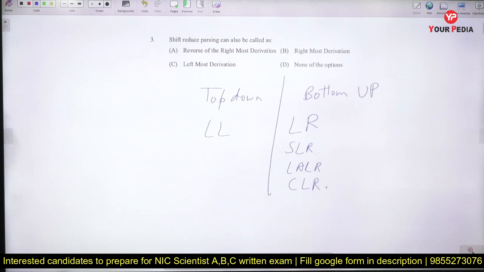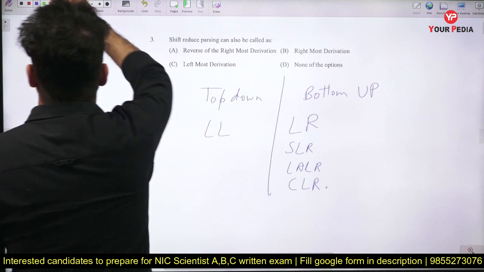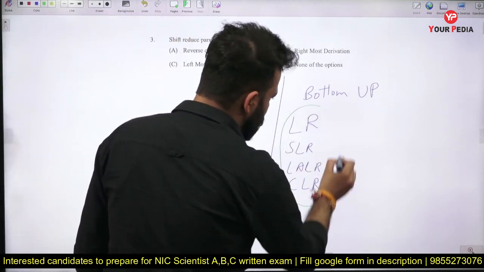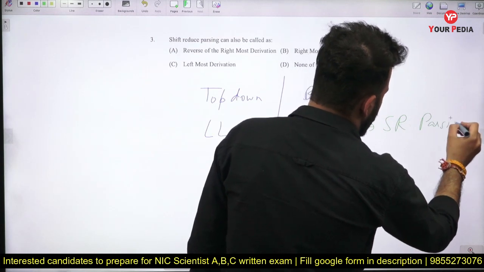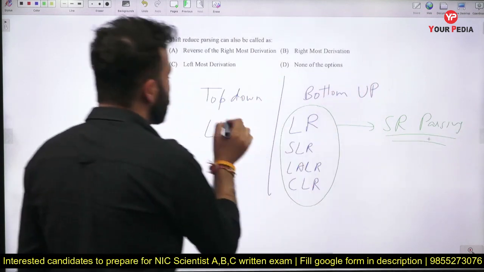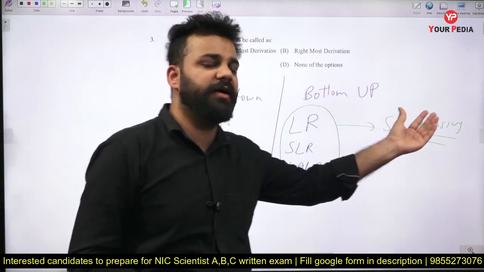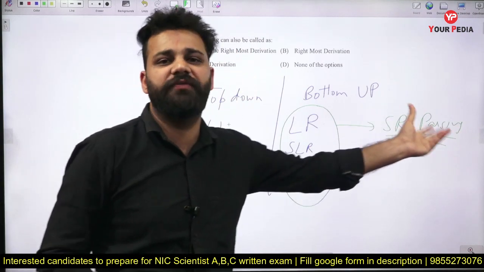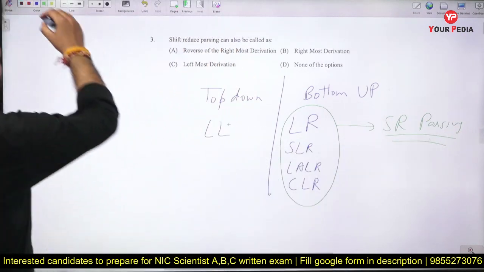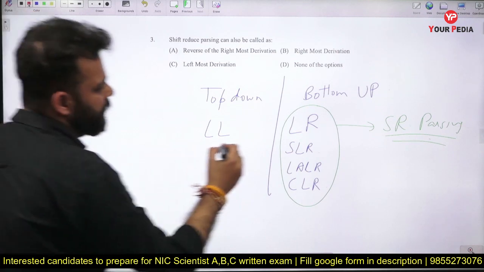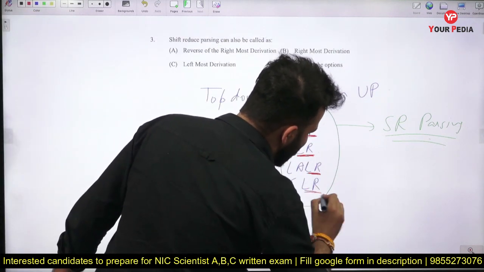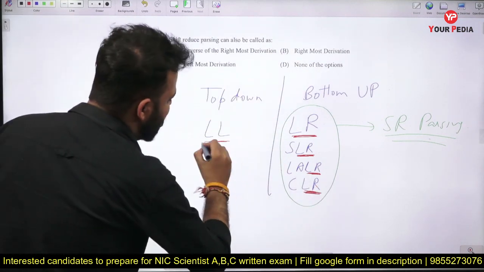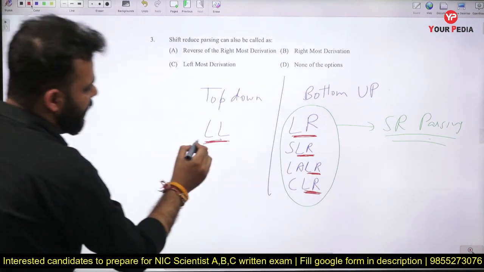Now these bottom up parsers will use shift reduce parsing. We don't use shift reduce parsing in the top down parsers. So it is asking what will be the other name for shift reduce parsing. Now one thing that you can see here is what is common is, they all have LR at the end of them. Now what this LR signifies, and what this LL signifies, so the meaning of this LL is,